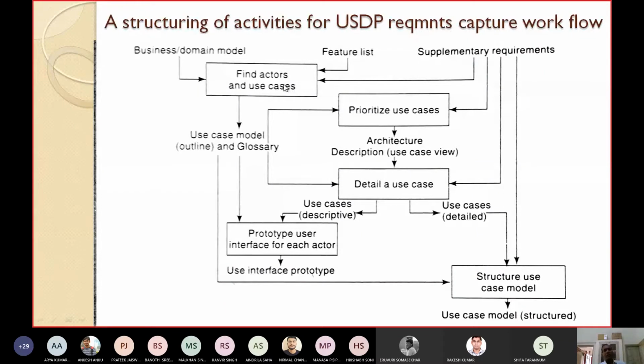Then you prioritize the use cases and detail a use case. Then you develop a prototype user interface for each actor, and finally you structure the use case model, which gives the output of the use case model structure.